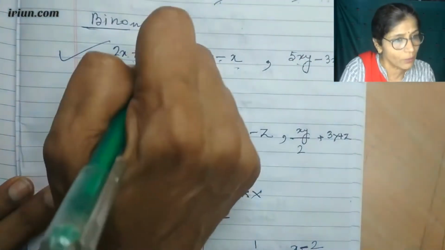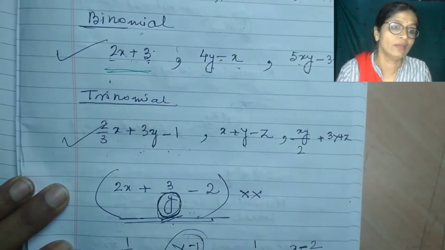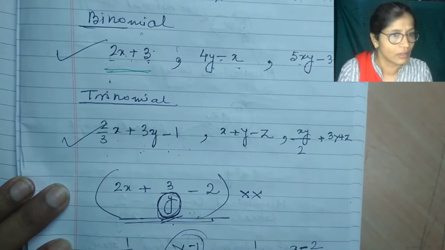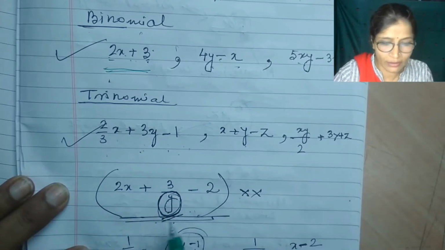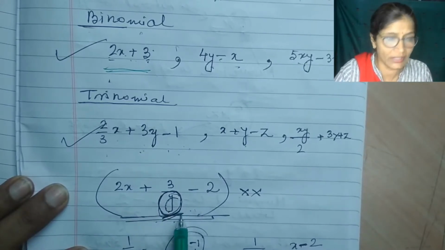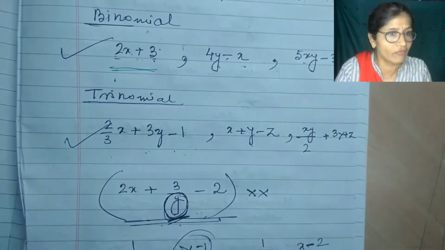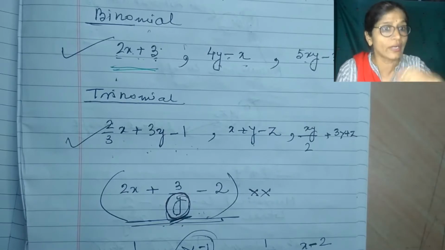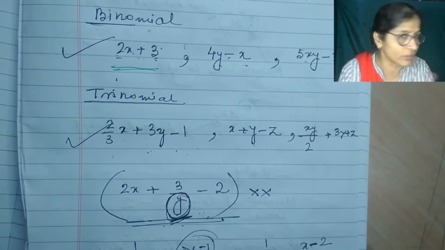This is also a polynomial but of two terms. This is a polynomial of three terms, and for more than three terms, we directly use the word polynomial. Now, what will happen if a variable is in the denominator, or a denominator in the form y to the power minus 1, y to the power minus 2, or x to the power minus, meaning negative powers are there? Then that is not a polynomial.